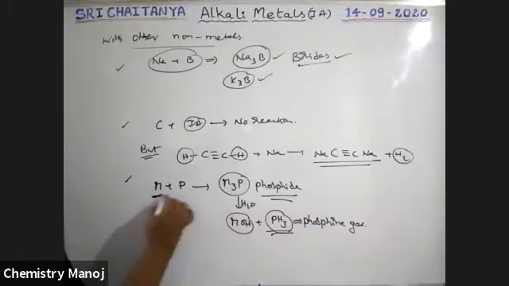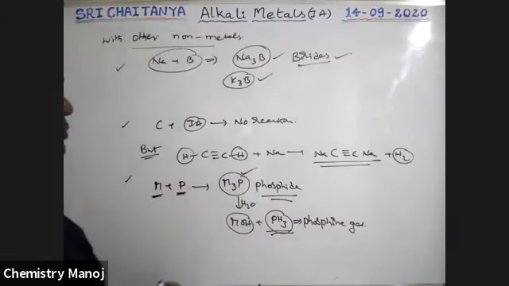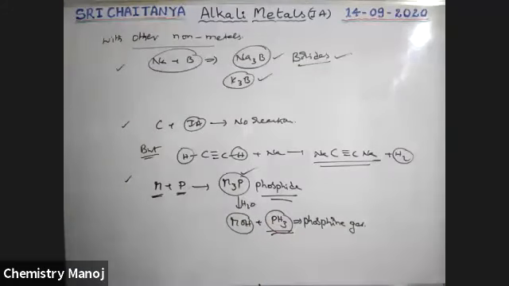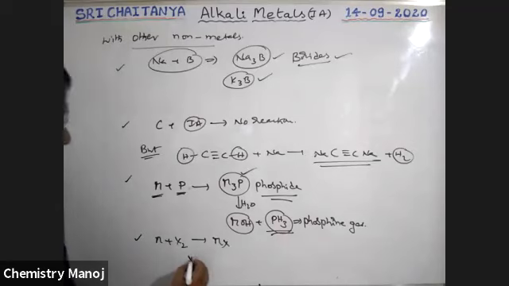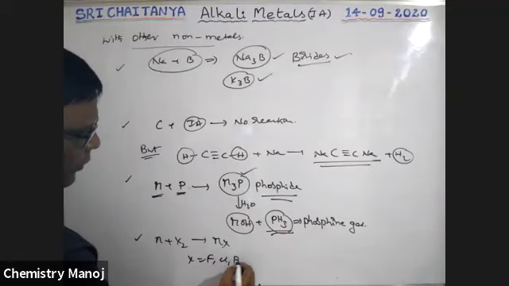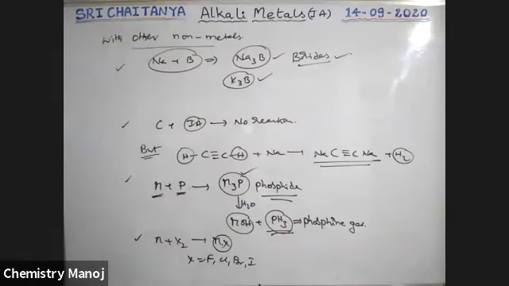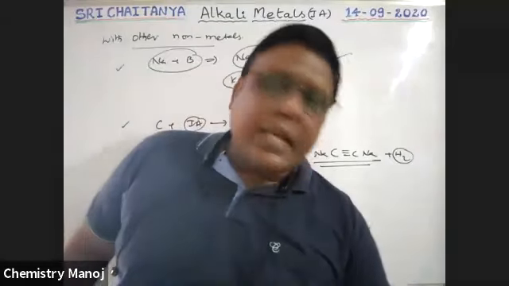First of all, when metal reacts with phosphorus, it gives metal phosphide. This phosphide is hydrolyzed, and that gives phosphine gas. Similarly, when metal reacts with halogen, metal halides are the product. Here X is nothing but fluorine, chlorine, bromine, iodine. So these compounds are called halides. Later we will discuss the halogen compounds. These are some chemical reactions.